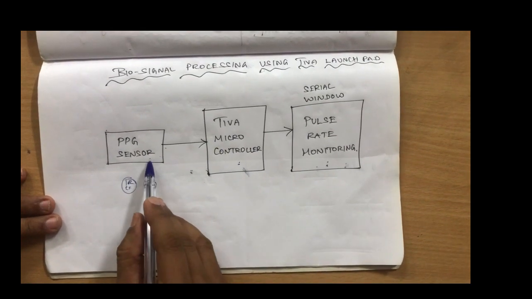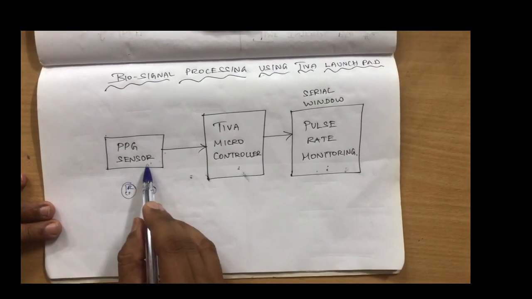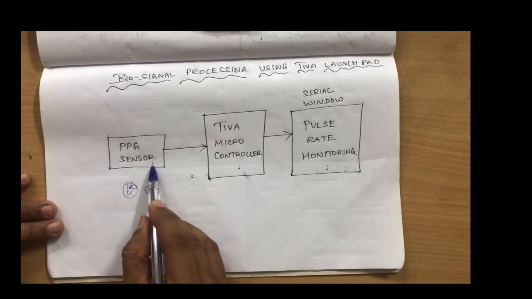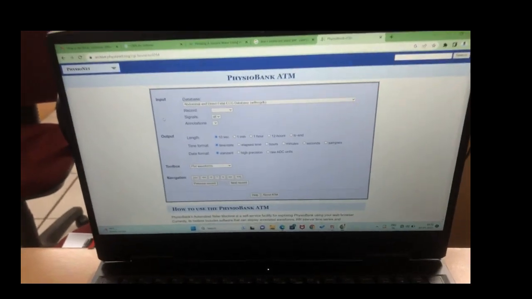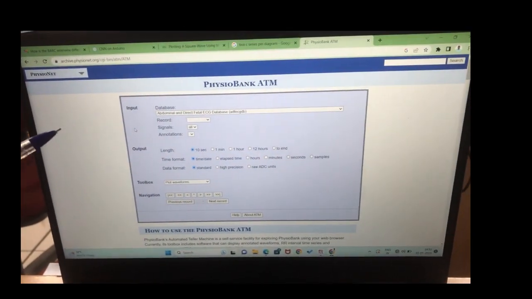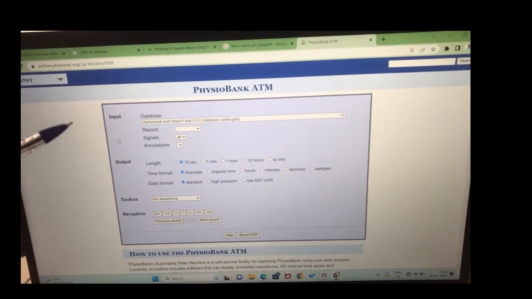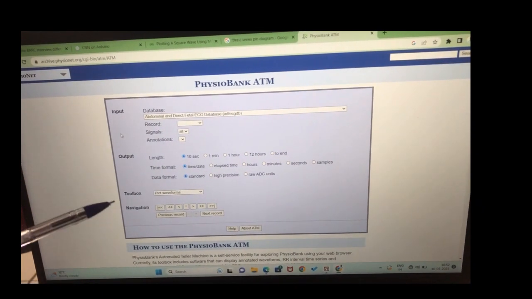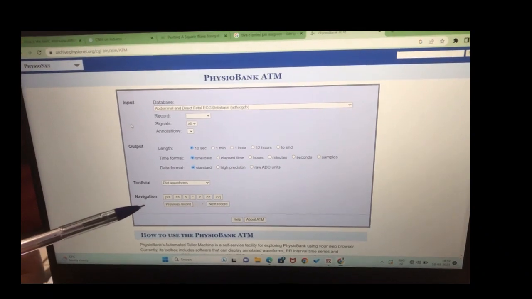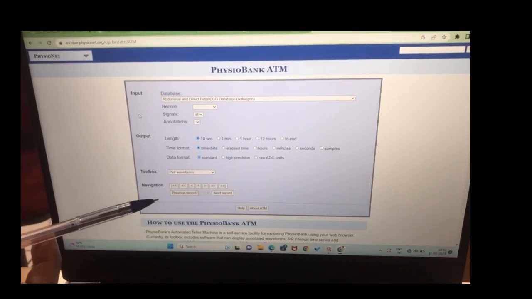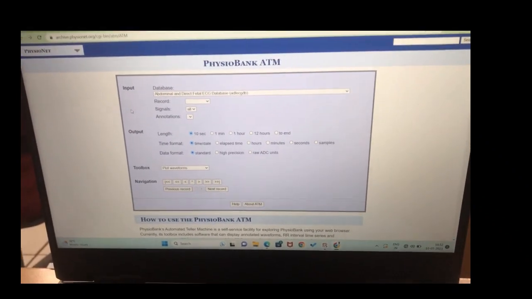Instead of a PPG sensor, we are taking the PPG signal from a source called PhysioBank ATM, as you see here. There is a data set available in the PhysioBank ATM, and we can download our PPG signal from it. From the downloaded PPG signal, we can do the signal processing much better. That is what we are going to discuss now. So here, if you see,